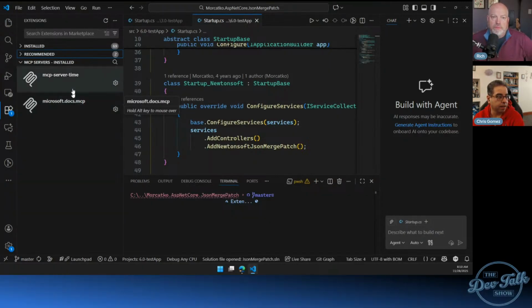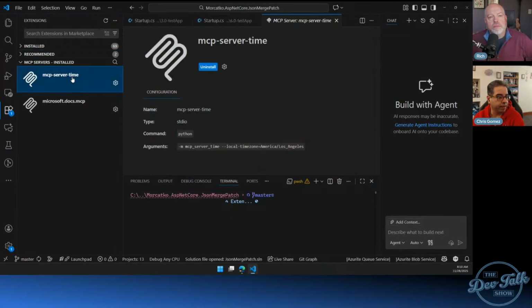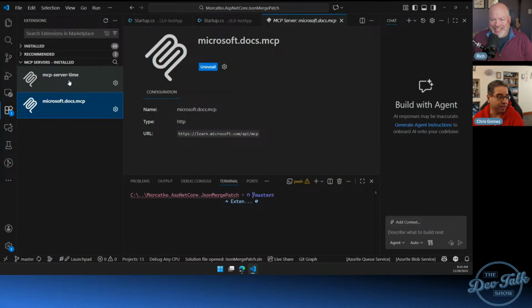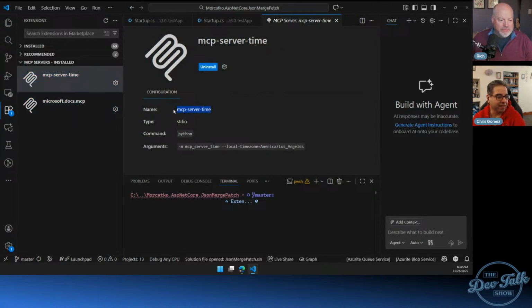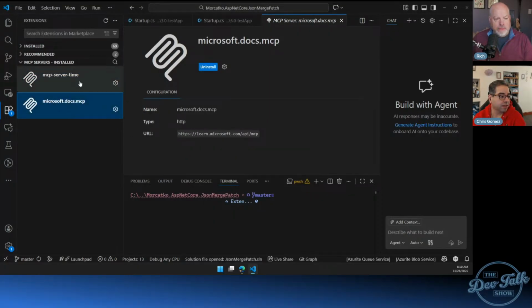Yep. I wonder if this came with Visual Studio Code, meaning maybe this gets installed with it. I don't remember. That doesn't look familiar. There must have been some other reason for that MCP server. I don't even know for sure what it is, but I'm guessing I can find out. It's a model context protocol server that provides tools for time queries and time zone conversions. Okay. I don't remember how that got in there, and it's fine. It doesn't matter to me so much.